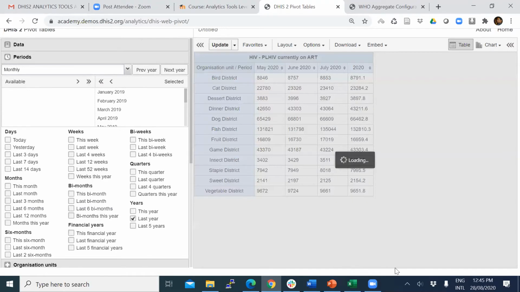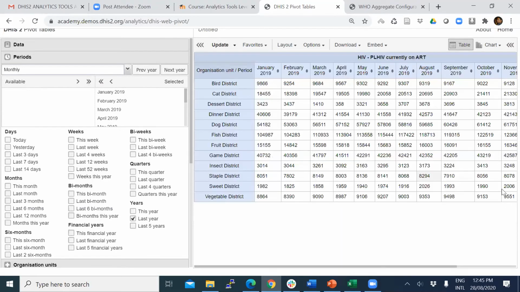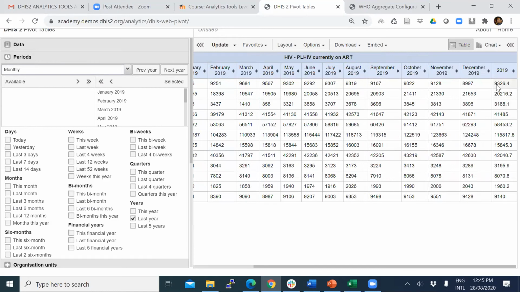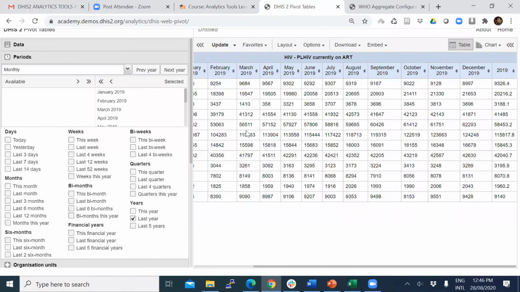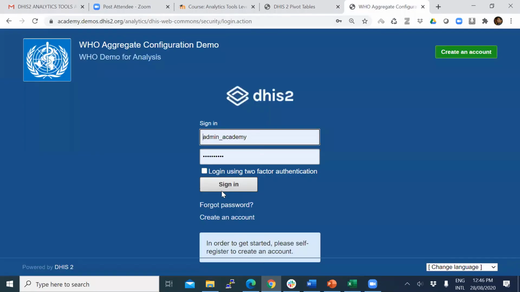So here, the last year value is probably an average. Definitely this is an average because this contains a decimal number. These are recorded in whole numbers, so obviously that is an average.